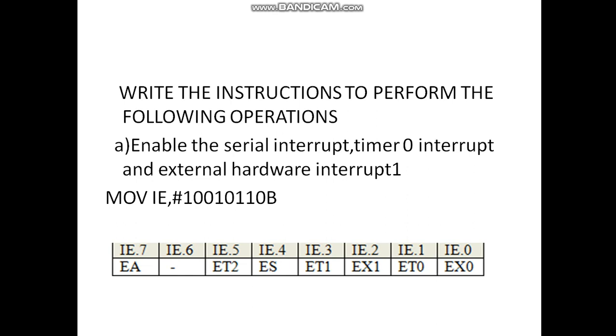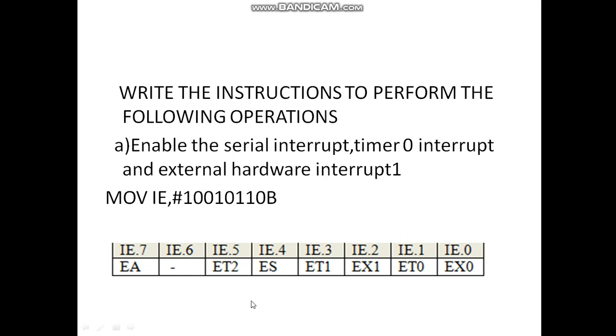First you have to enable the interrupt enable register. Only if this is enabled will the other bits be enabled. If this is 0, even if you make the remaining bits 1, that interrupt will be masked. So you make it 1.